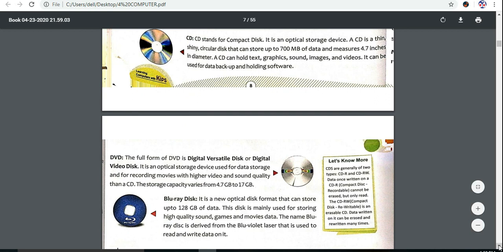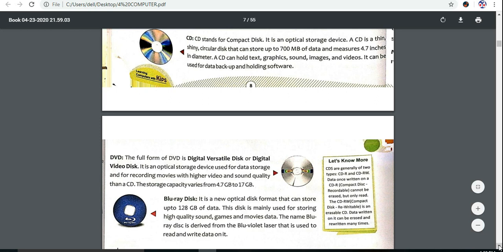They are dissimilar only in function, which is storing capacity. A CD stores 700 MB of data and a DVD stores 4 GB to 17 GB. So if you want to store high quality data, like high quality audio, video, images, or graphics, then you can use a DVD.